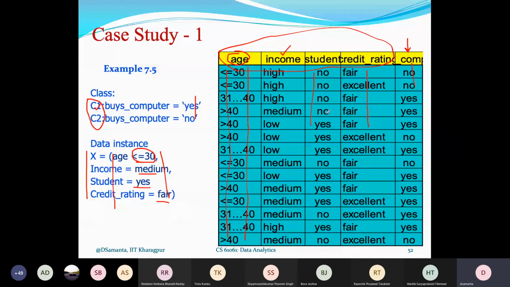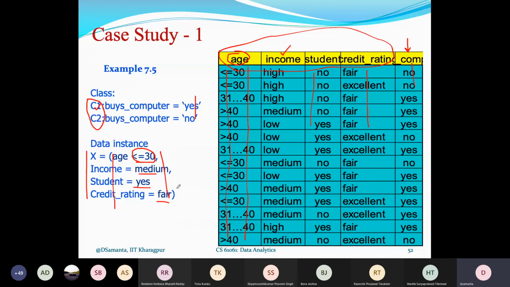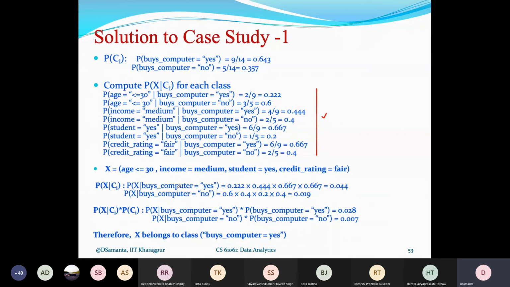So total 36 rows are there. So 36 rows will include all posterior probabilities with reference to each class and each attribute value. But here I have mentioned only those posterior probabilities that belong to this test data. I didn't include the rest here, although your contingency table can include all posterior probability calculations.